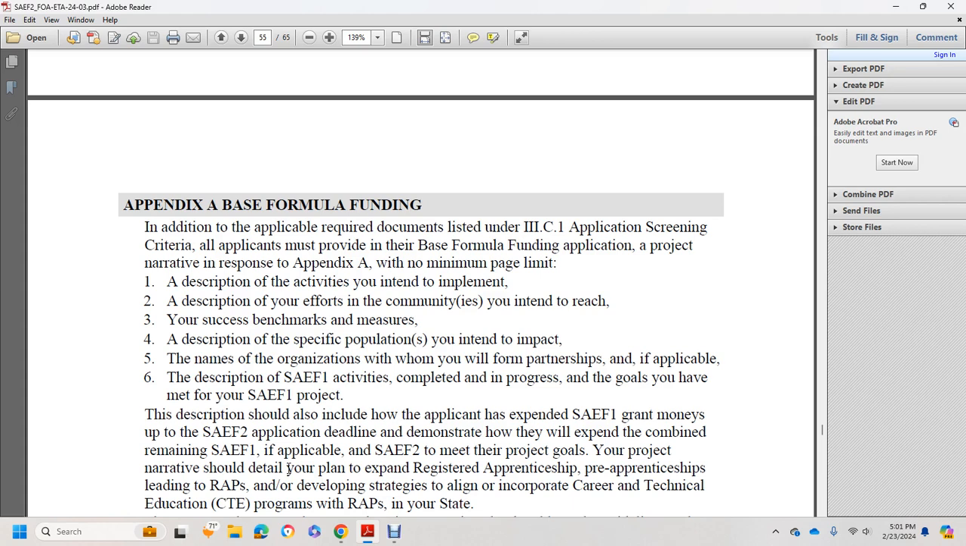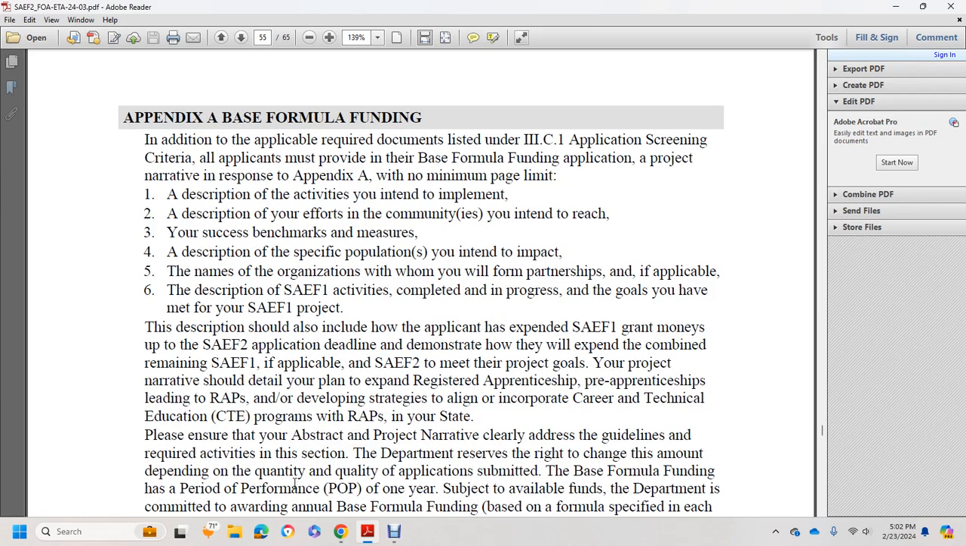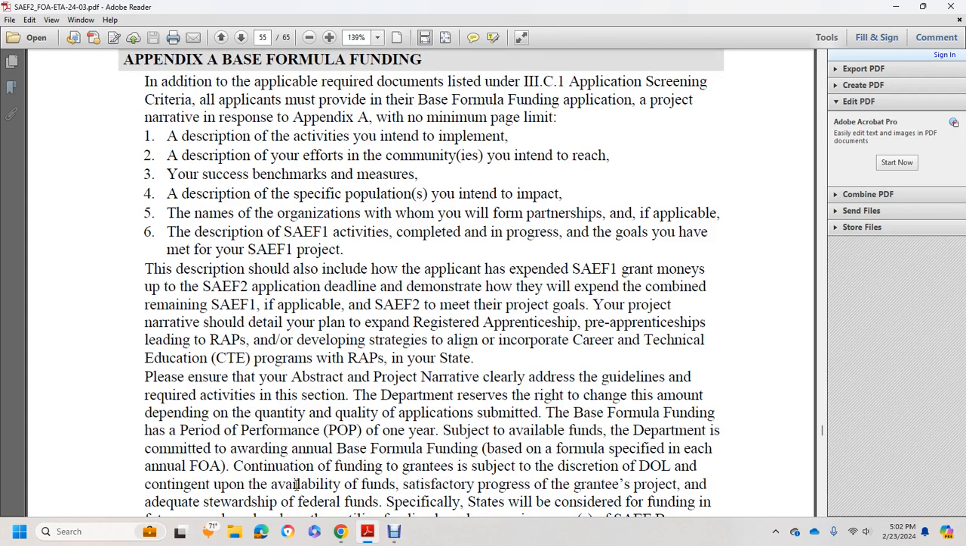If the applicable state expenditures for Formula 2 meet the project goal, the project narrative should show the detail of your plan for registered apprenticeship, pre-apprenticeship leading to registered apprenticeship, or developing strategies to align and incorporate career technical education programs with registered apprenticeship within your state. Please ensure that the abstract and project narrative clearly address the guidelines and required activities within the SIC. The department reserves the right to change this amount, depending on the quality of the